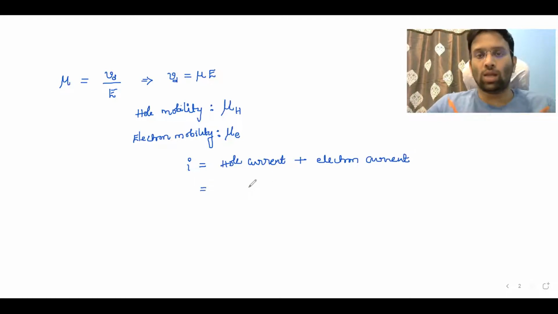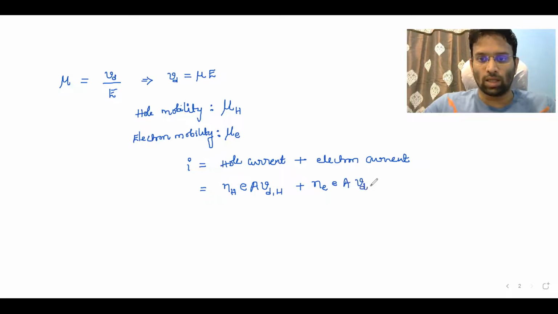And hole current is nothing but the number of holes per unit volume, Nh, if you can recall, times the charge of electron, times the area, times the drift speed due to holes. And similarly, the number of electrons Ne times the charge of electron, area of cross section, and the drift speed attained by the conduction electrons. Now, Nh